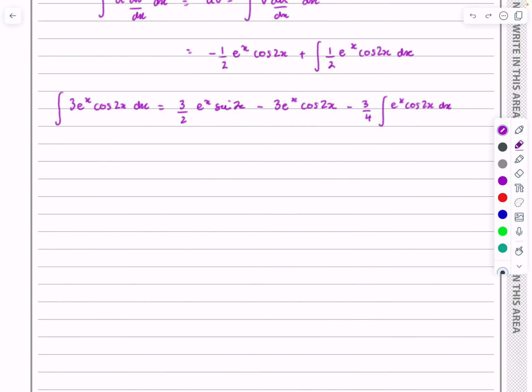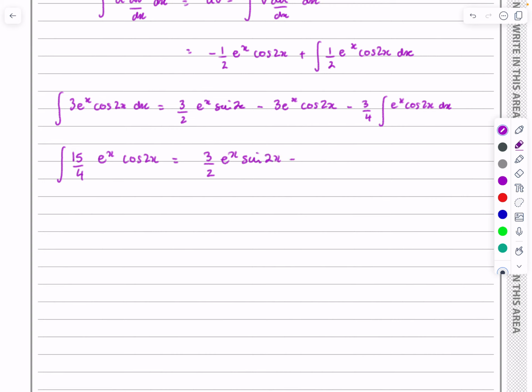So if I take that over to the other side, 3e to the x cos 2x plus 3/4 e to the x cos 2x, the integral of, I'm actually going to end up with 15/4 integral of e to the x cos 2x is equal to, and at least the other two bits now,